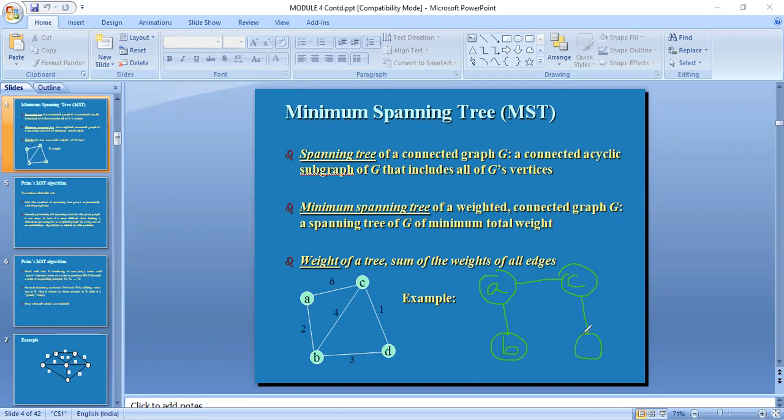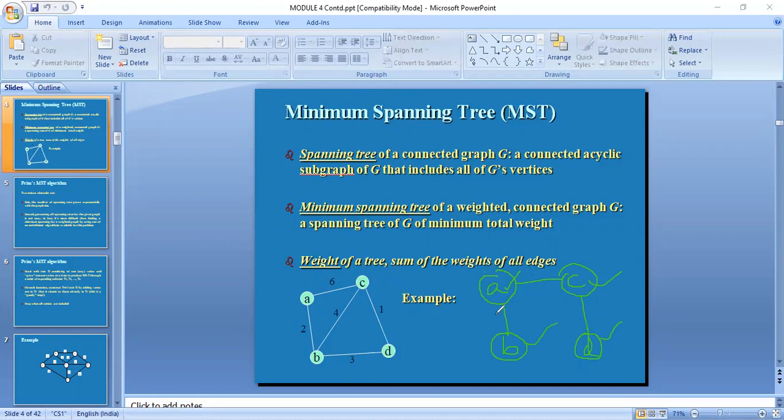So this is what your spanning tree is. Here you have vertex A taken, vertex C, vertex D, and also vertex B. So all the vertices are covered here.